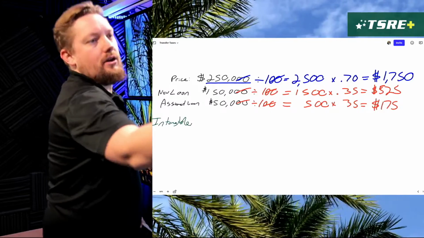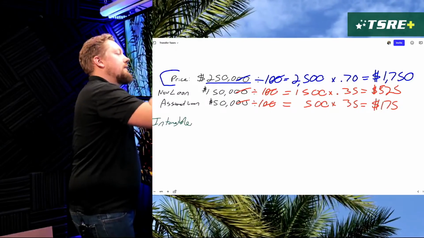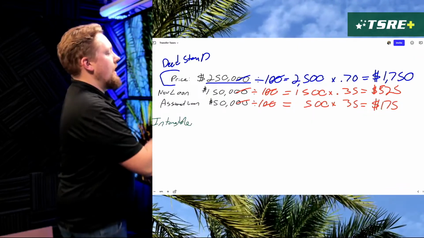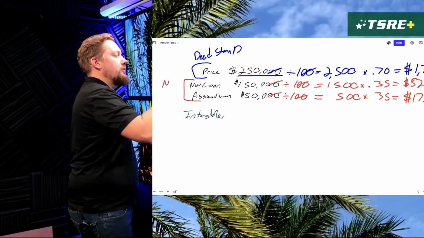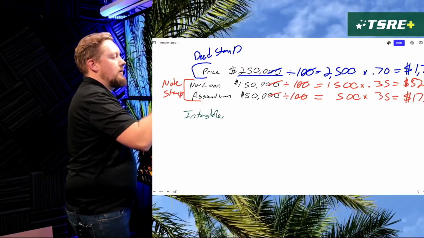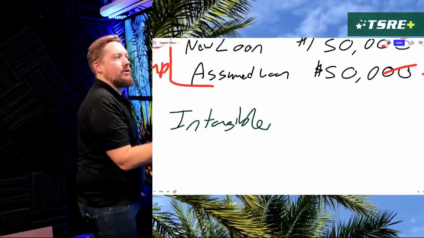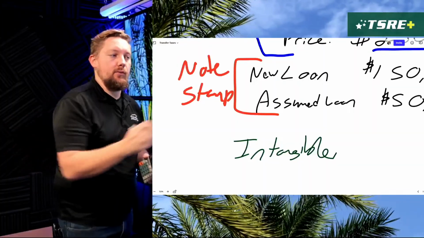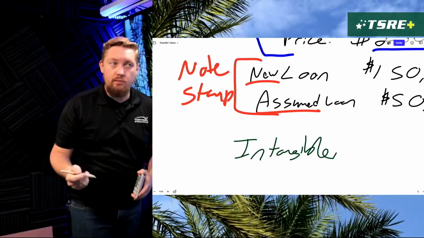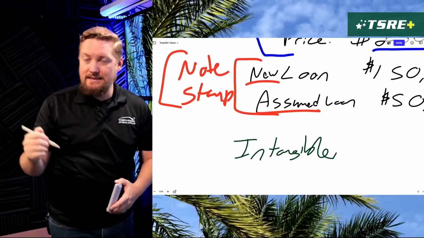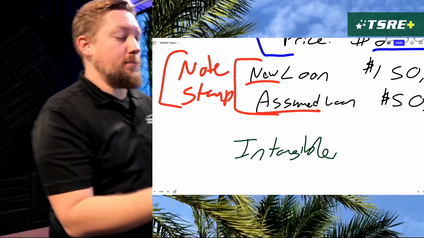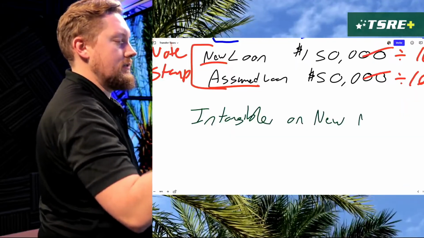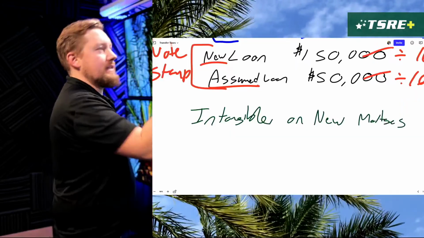So far, what we did is we calculated the deed stamp, and then these two here, we did the note stamp because you charge note stamps on both new and assumed loans. So any type of loan that's being transacted for this property, whether it's the loan being taken over or brand new loan being created, both of those will need a stamp tax on the note. But the intangible tax, key thing to remember there, is on new mortgages. So we just take that new loan of